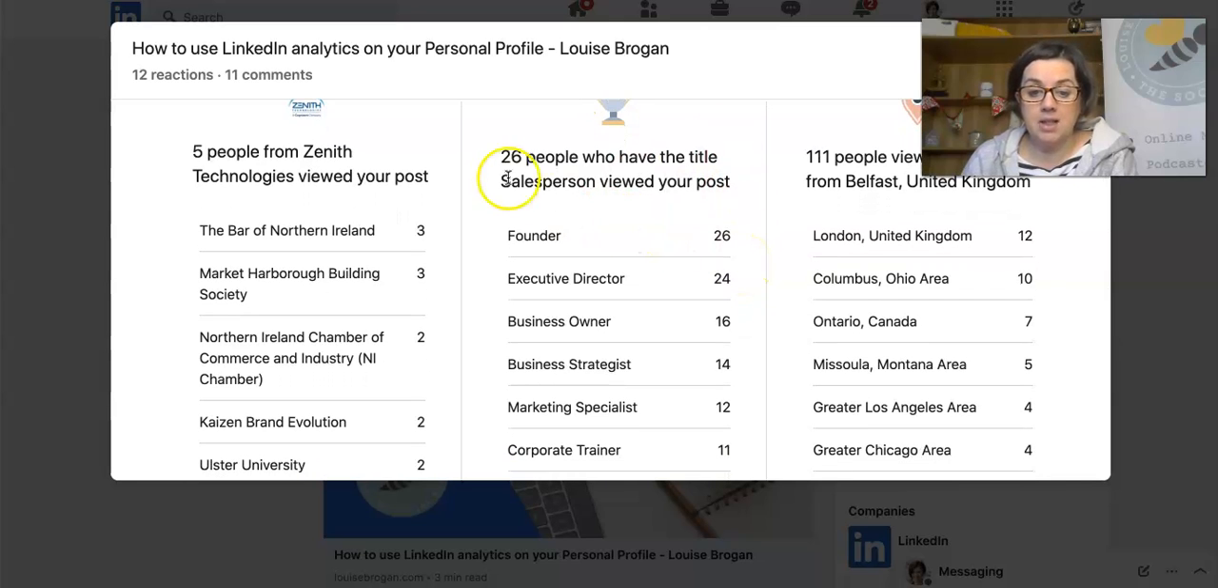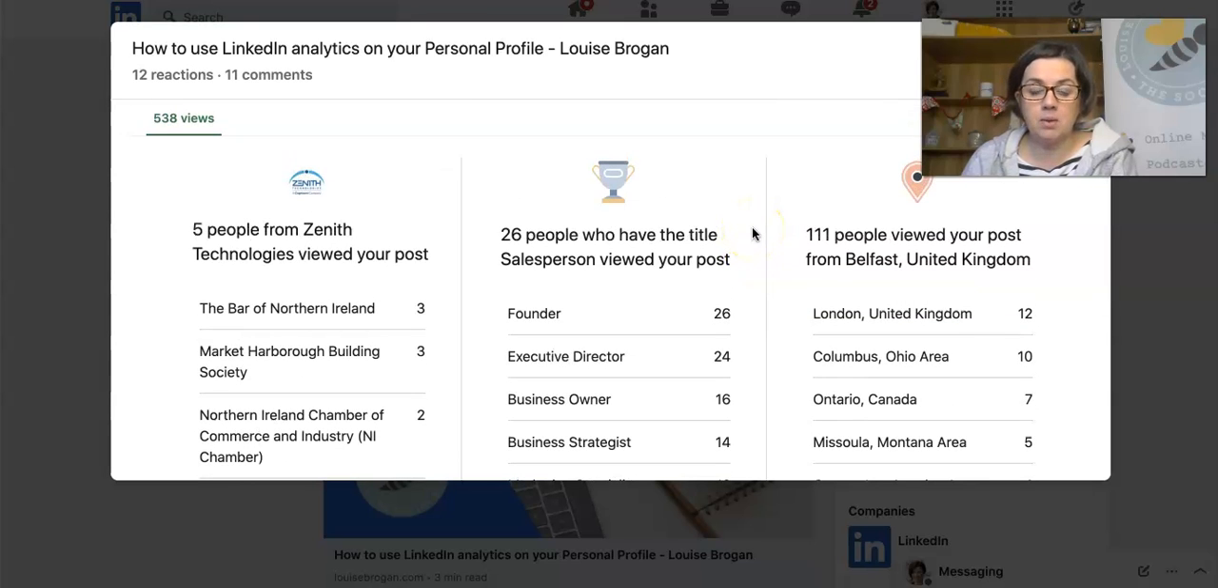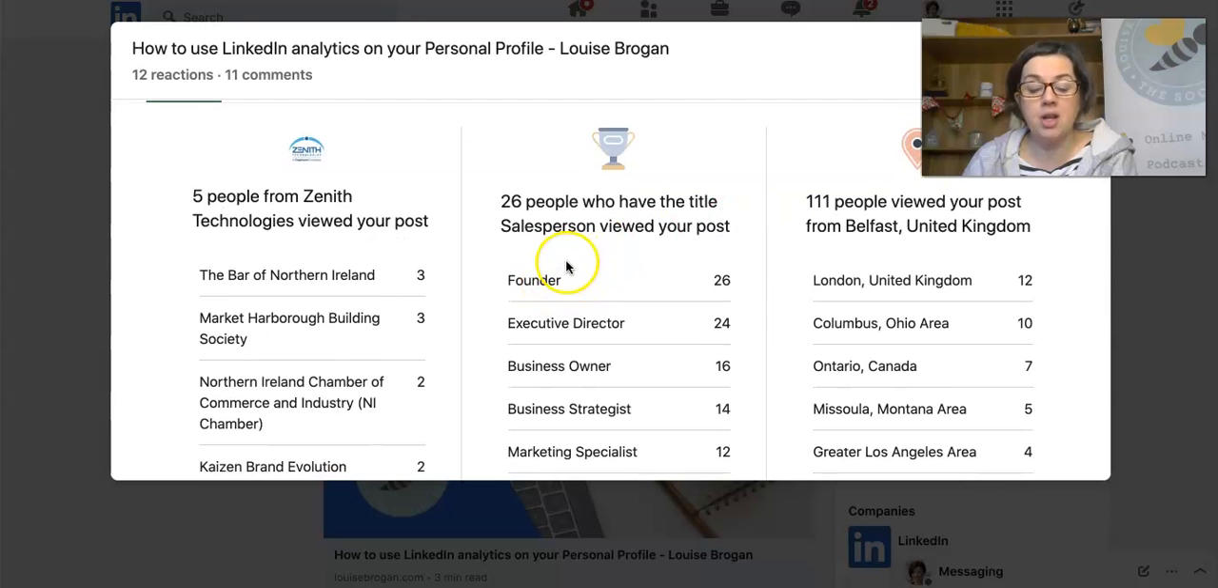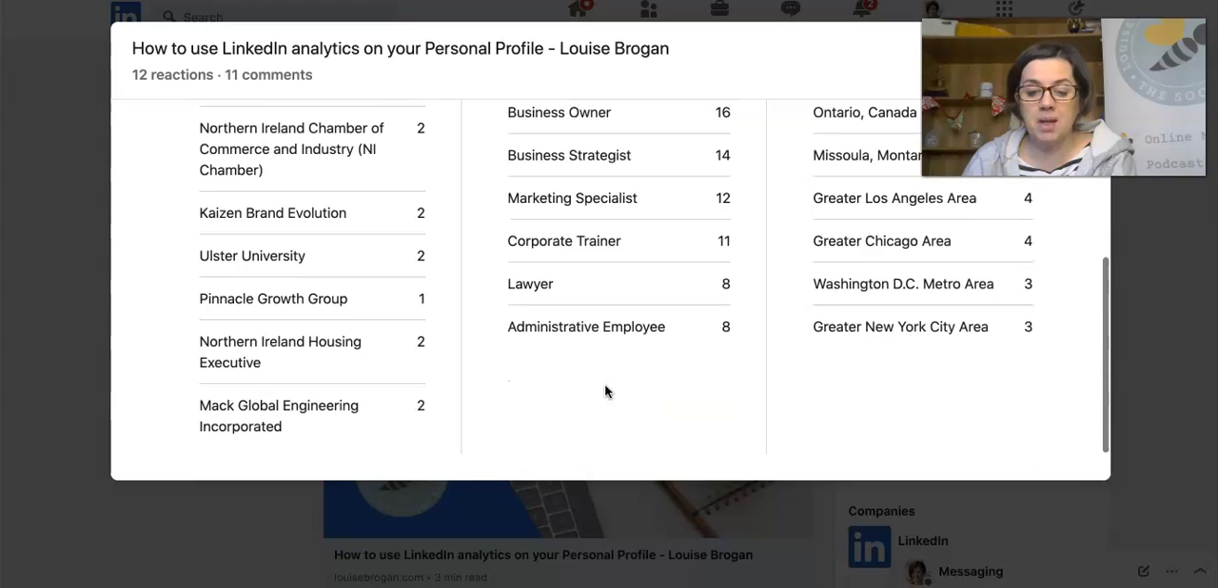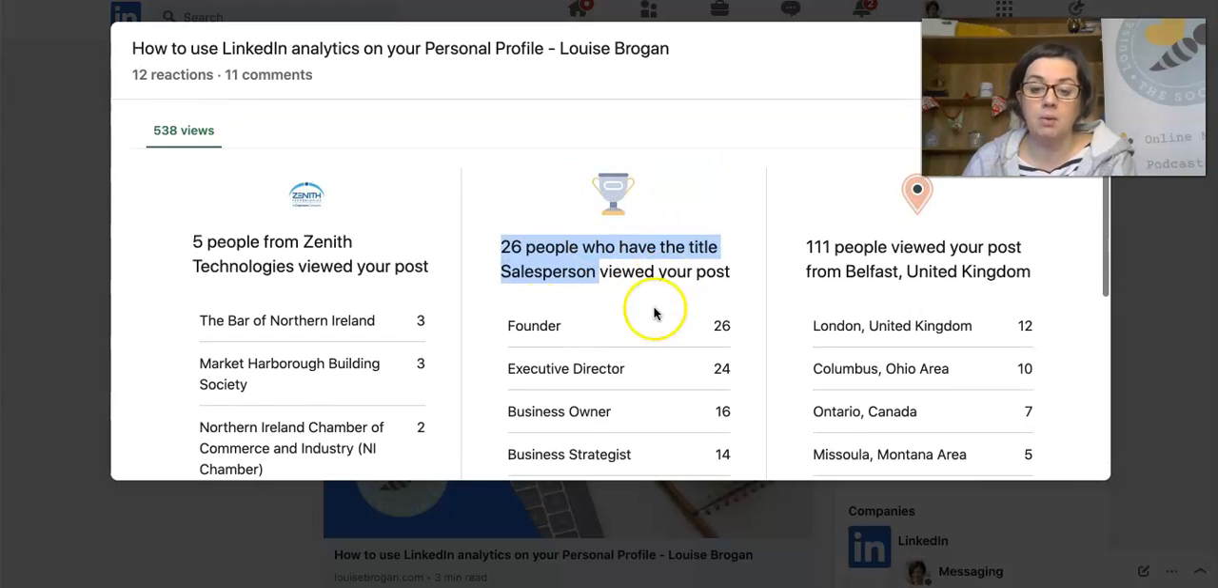So the top number for this one is salesperson, then is founder and executive director. So my business works mainly with small business owners. So this is great for me. These are founders, but also I do lots of work with corporate teams, sales and marketing teams. So again, salesperson is a great audience for me. So this just shows that I know I'm hitting the people that I want to be hitting with my content